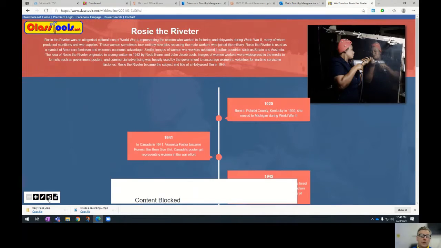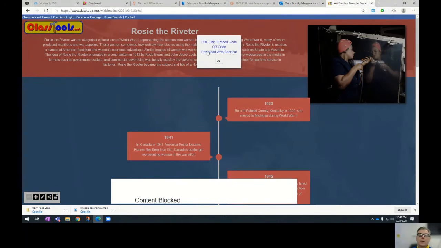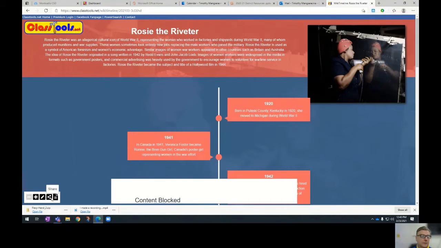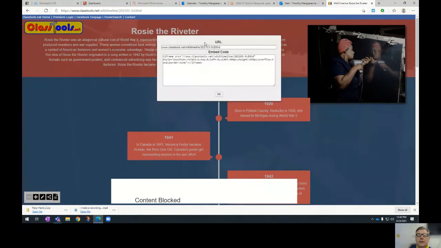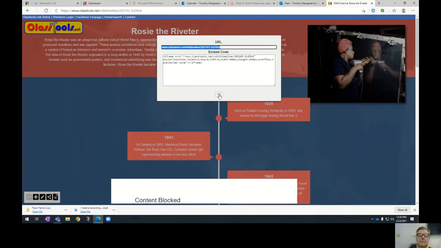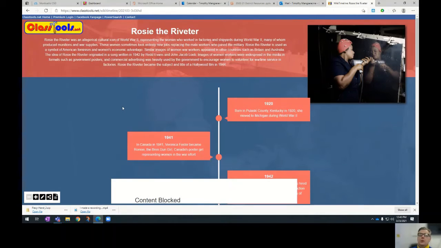I can also share this. I can make a QR code. I can, let's see, share it as a link. So I have a link and an embed code. I can copy and paste that somewhere in a Teams meeting or something to have my teacher check it out. So that is the classtools.net